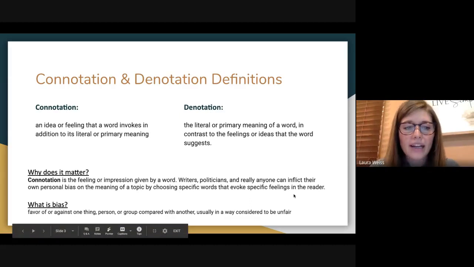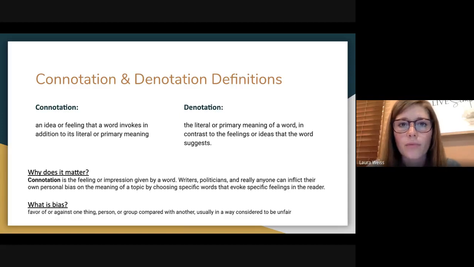So why does it matter? Connotation is the feeling or impression given by a word. You guys are smart, you're writers. So you can use connotation to your advantage to imply a certain feeling in your college essay, in your argumentative paper. But it's even more important because